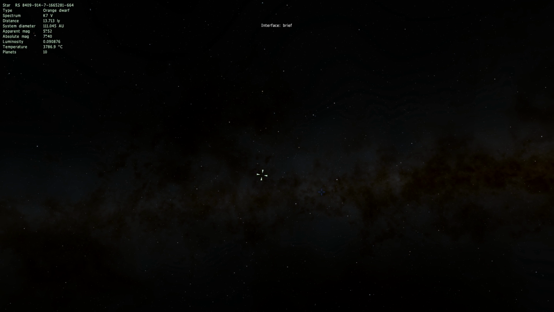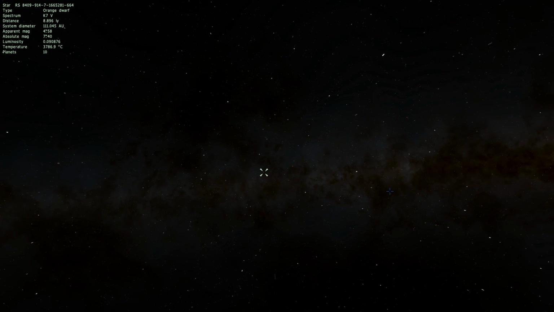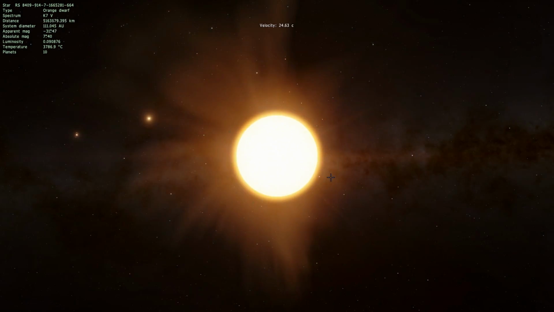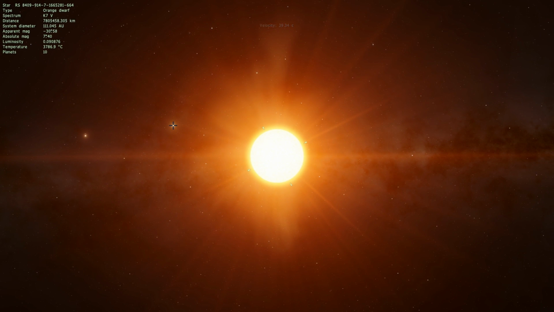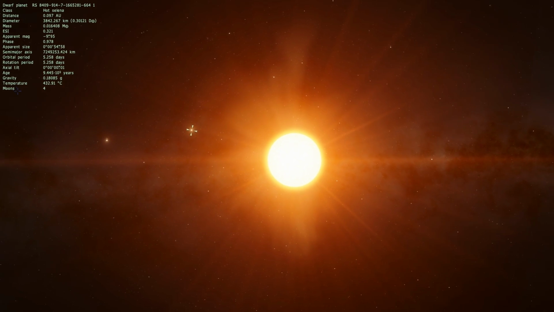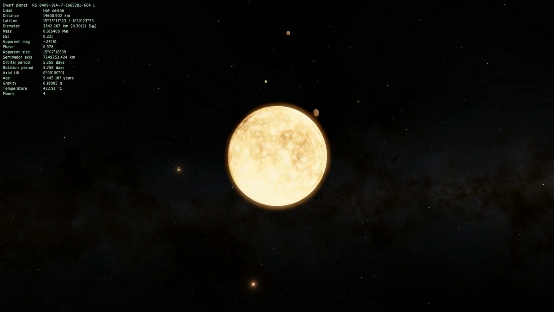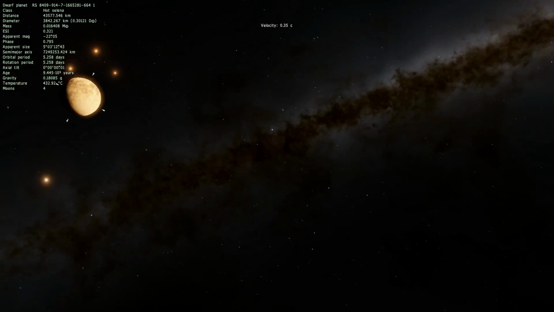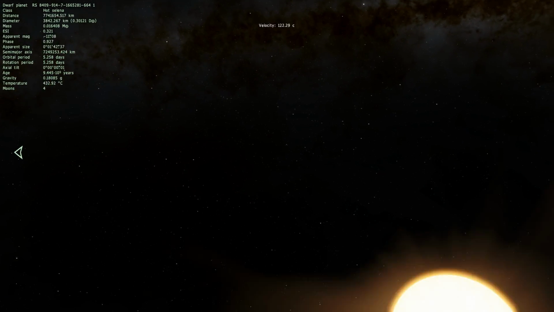Look at that. An orange dwarf with 10 planets. Let's go get a glimpse of this guy down here. Look at that. A nice bright star. It's not quite a binary system. It's got a planet real close to it, sitting at 400 degrees Celsius all the time. Almost getting its face melted off, but not quite. It's just very, very hot.